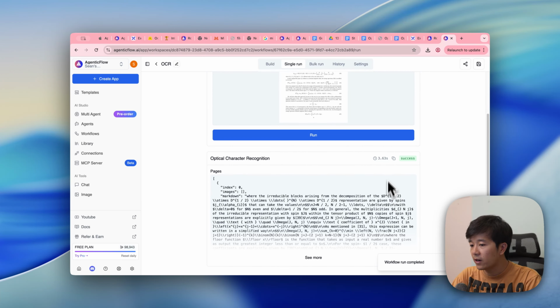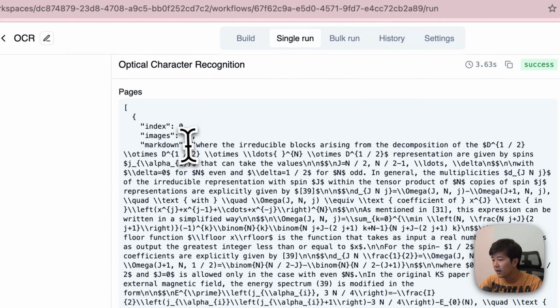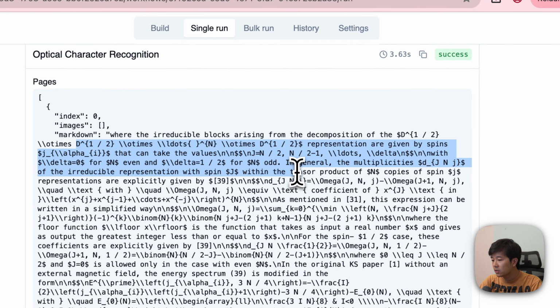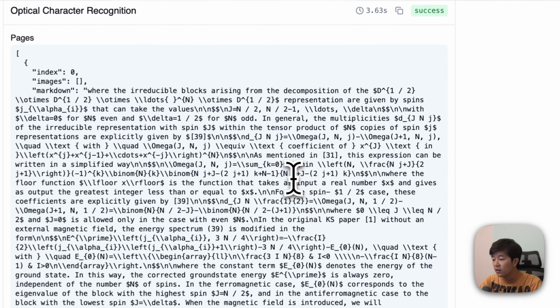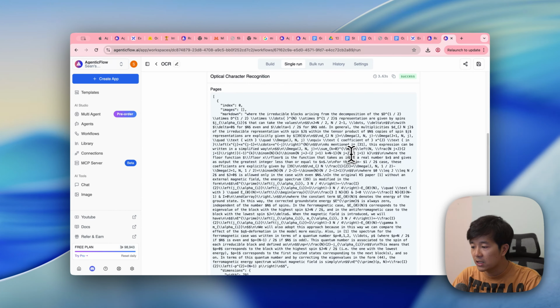Okay, it's pretty fast. It's less than 3 seconds. So you have everything, like the table blocks, and you can even have some of the parameters from the textbooks and even the mathematic code. These are things that are really hard to do, but this one can do because this is a paid service from Mistral OCR, and this is pretty